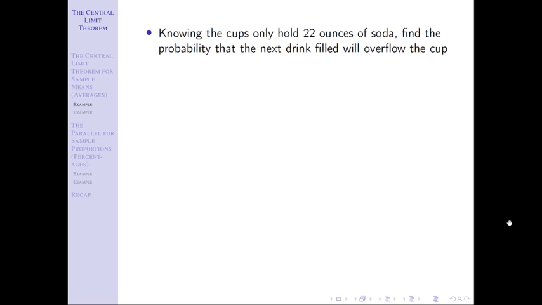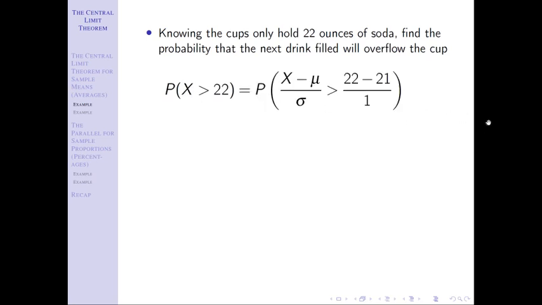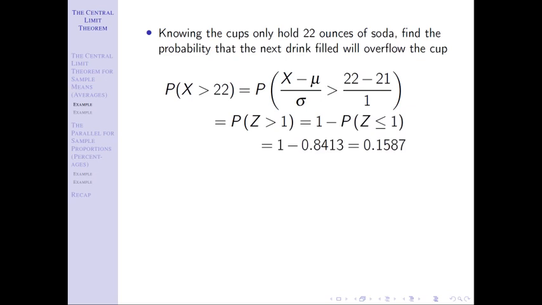And now this is actually a problem from chapter 6. This is a problem that you could have done previously, in that we would say, now I'm looking for an individual x. When I standardize that, I would use a different standard deviation because now I'm talking about one drink, not a bunch of drinks. And then I would work through, just like I did in chapter 6, to find the probability.